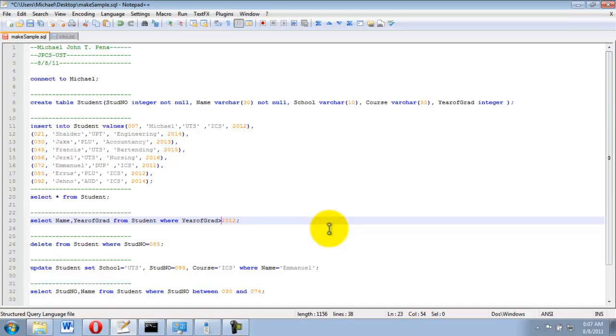Basically, there's no 2012.5, so the syntax is just select name and year of graduation. These two are the ones that you want to display. Then from, then the table name. Then this is the condition, or the rules that you want to set, in which only the selected records will be displayed. Okay.